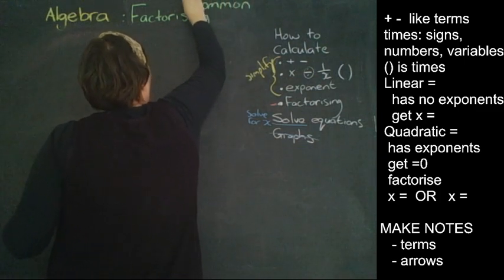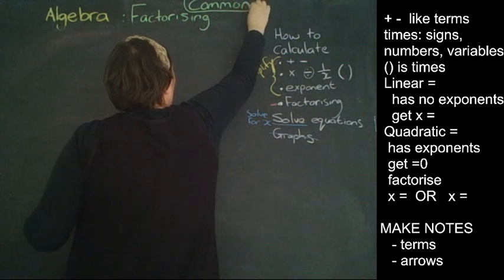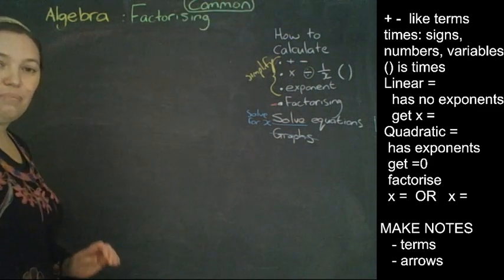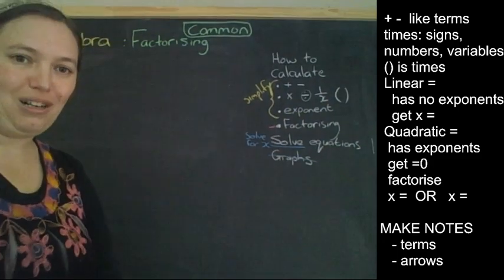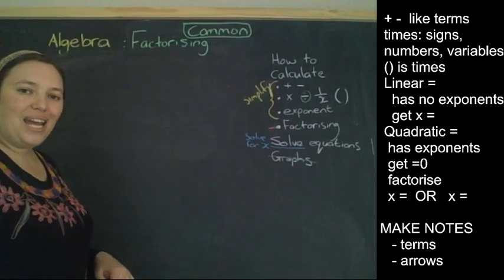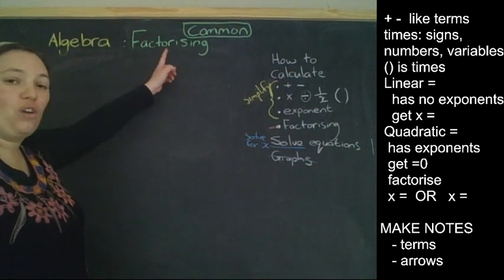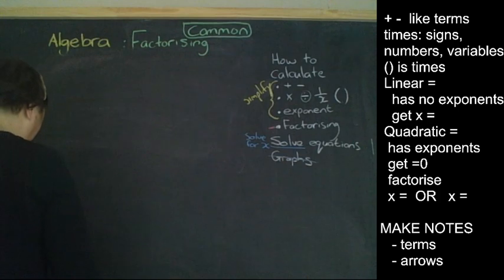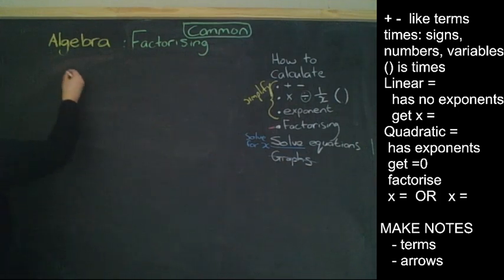And every single time when you do any factorizing sum, you have to check for common factor first. It's always the first one we do. Let's do an example. Factorizing, common factor first. Make brackets. Right. Let's say